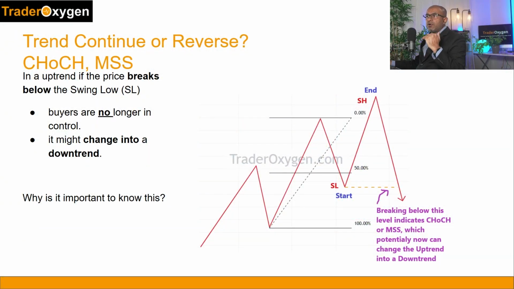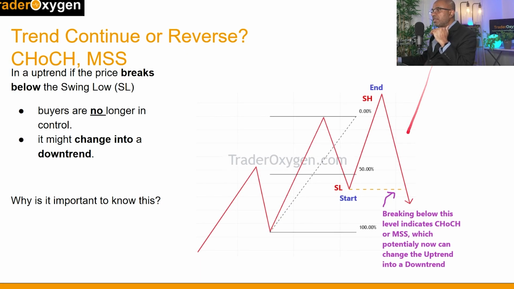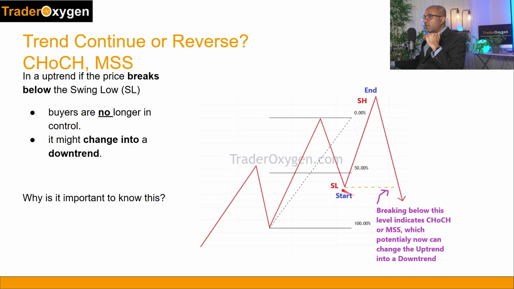Okay, now let's look at identifying if the trend continues or reverses. Now why is this important? Because optimal trade entry is a trend continuation model. So for example, in an uptrend, when the price is making higher highs and higher lows, you are expecting the price to continue that. So for example, if the price makes an impulsive price move up, making a break of structure and making a swing high, then what you expect is the price to retrace into the optimal trading zone and to go further up. Now what happens if instead of doing that, the price goes further down below this